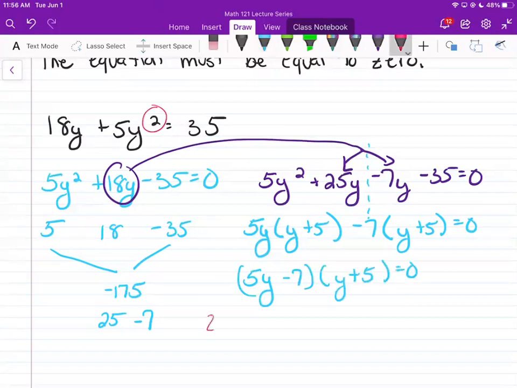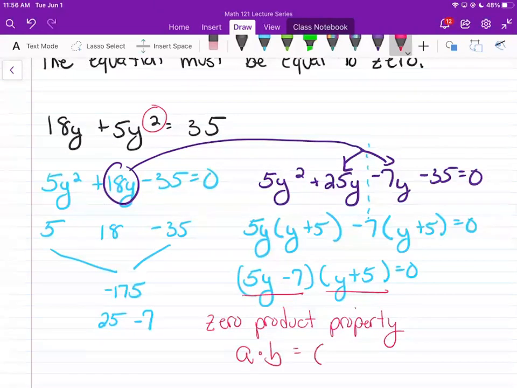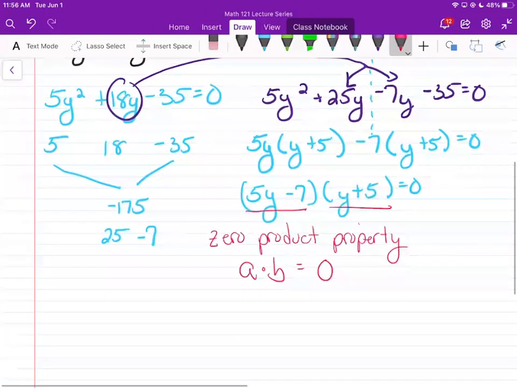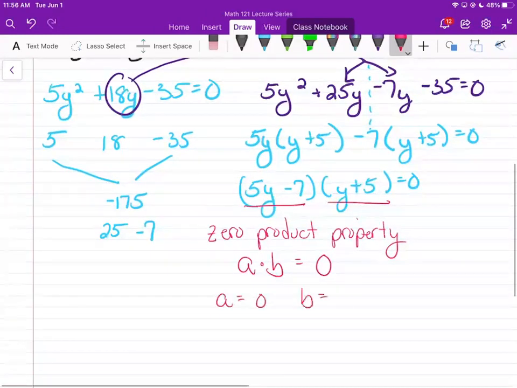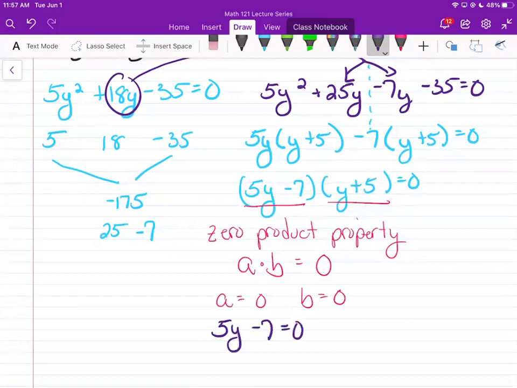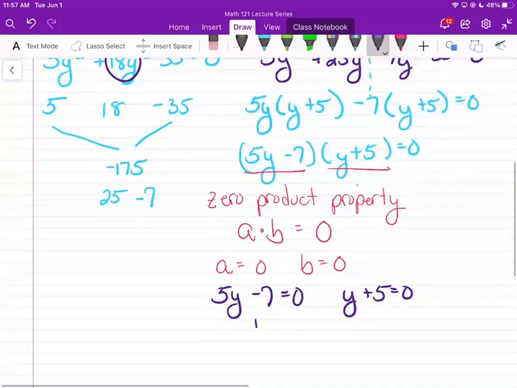And this leads us to what is called the zero product property. What the zero product property says is if I have two things, we'll call them A and B, that are multiplied together to equal 0, then one or both of them must equal 0. So once I factor it, I'm then going to take each of those factors and set them equal to 0. From there, I can proceed to solve for y,